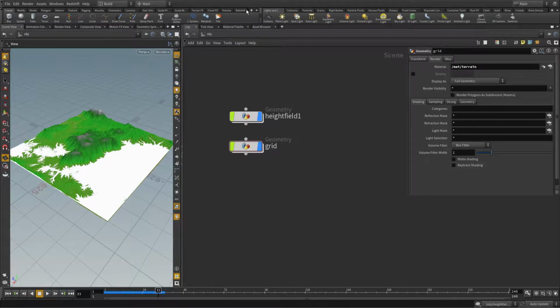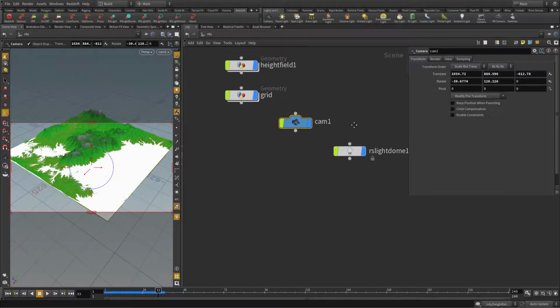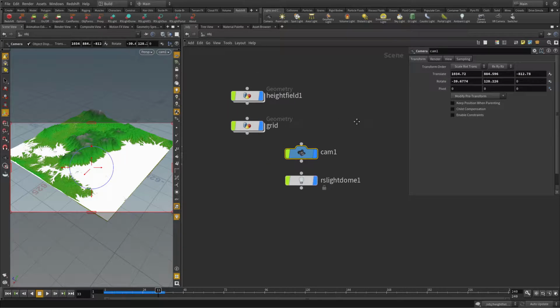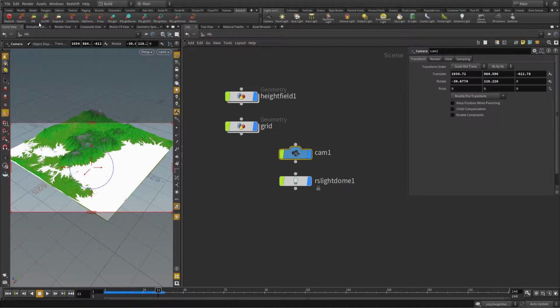But before we do so, switch to the Redshift shelf. First, by control clicking on camera, lay down a camera and lay down a RS light dome, such that we have a little light in our scene. And now we are prepared to do a first test rendering by pressing the IPR button. First, make sure to press the Redshift button to add a Redshift drop, like so. Back to object, and now you can press the IPR button,